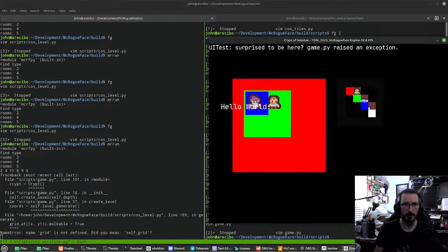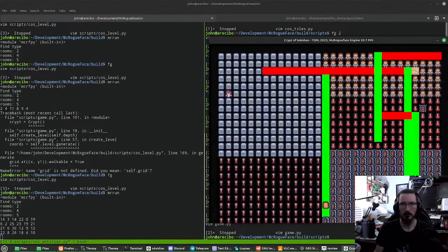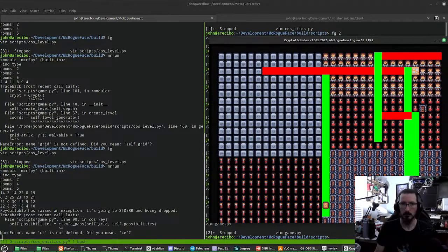Can't do it between no previous rooms. Can't even draw like that, but